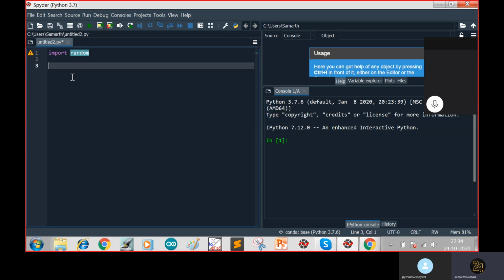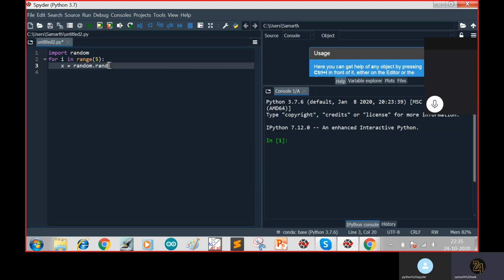Basically, what random does is that it will choose random numbers. For example, if you want a random number from 10 to 100, you won't give it; it will choose on its own, as many random numbers as you ask it, and then it's going to give them. For example, let's say for i in range of 5, x is equal to random